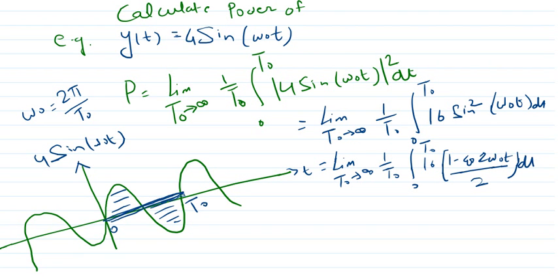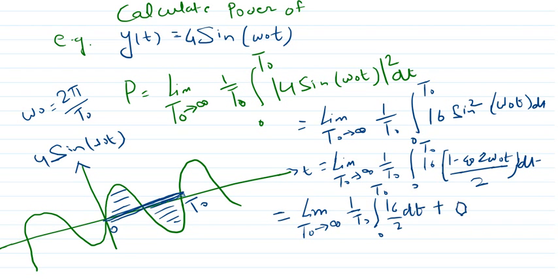Opening this, we can write it as limit T naught tends to infinity of 1 divided by T naught, integral 0 to T naught of 16 divided by 2 into dt, plus 0, because